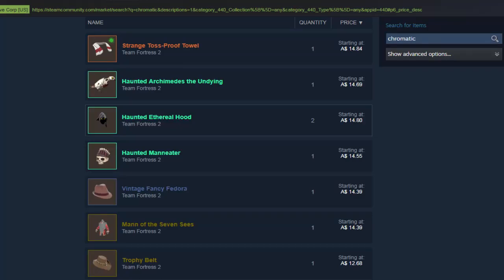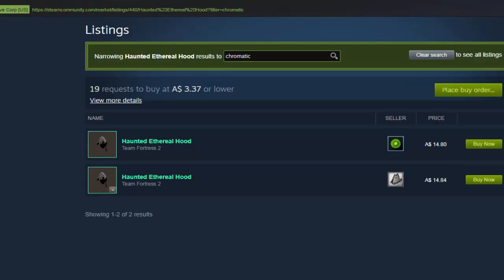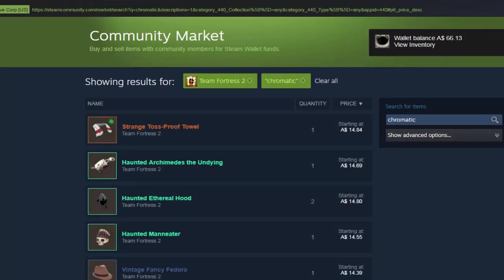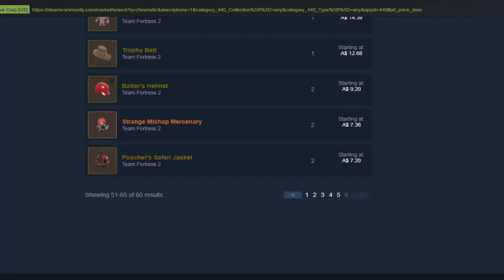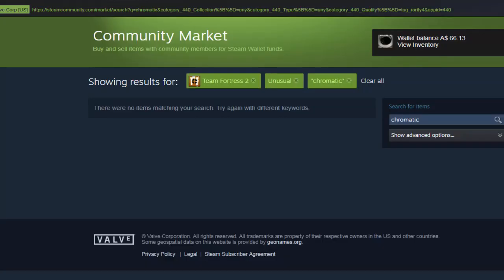Some really good ones. The ethereal hood, I've always had a secret liking for. Chromatic corruption. So you've got two of those available, and that's a pretty cool hat with the little beady eyes. So let's go back again, and yeah, they're not bad items. I guess the thing is, if we can chuck in the unusual side and see. Oh, unusual. Oh man,